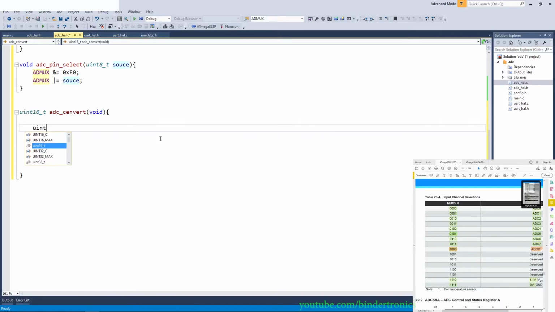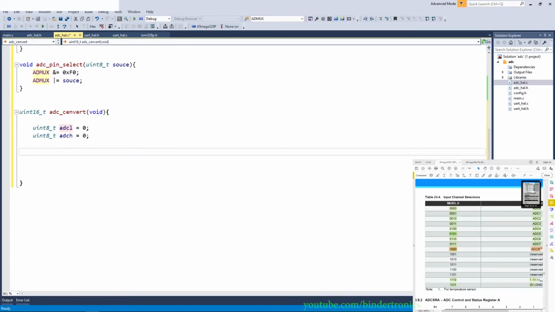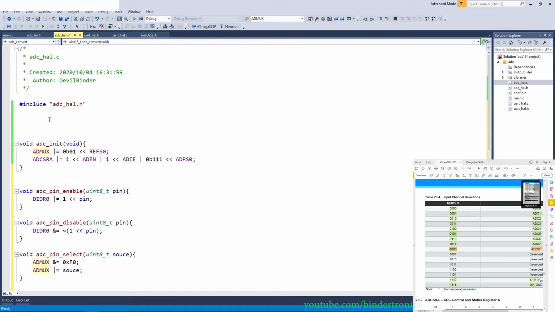Now we create 2 temporary variables in here, which are going to be ADCL. It's going to try to capitalize it; you don't want it to capitalize these 2 values. And then we have ADCH. Now these are just going to be temporary storage, and while we're at this function I need to create a global variable that is volatile static uint8_t, and that is going to be ADC_convert_done = 1,